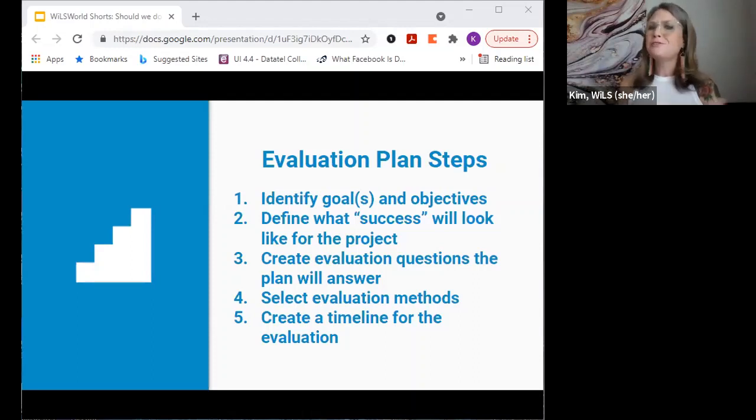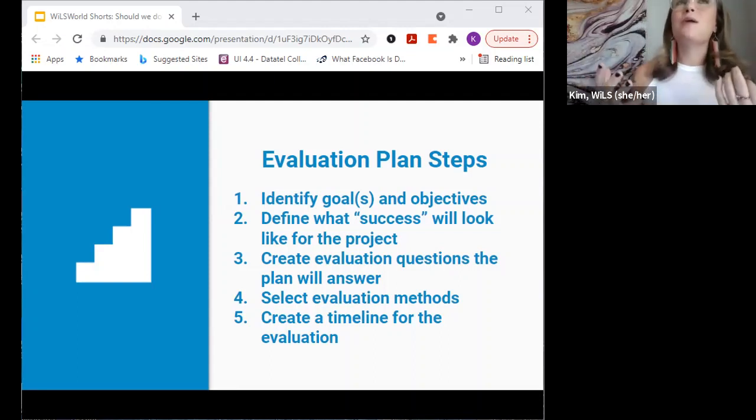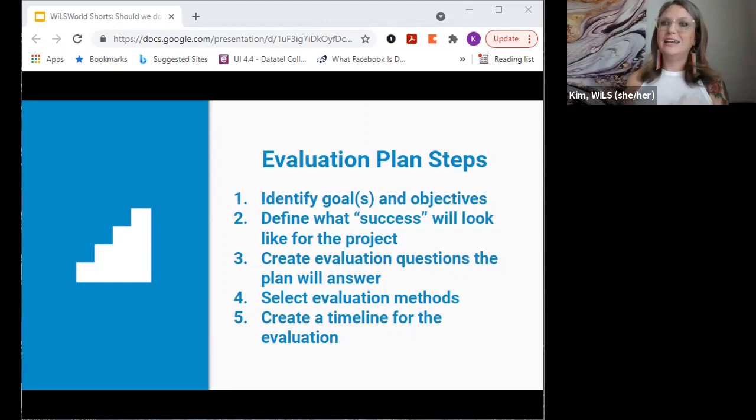So there's many more questions we can ask here, but this is just to give you an idea of the process of what I walk people through when I'm working with them and helping them develop specific measurable goals and objectives, and how important that can be in helping you evaluate what happened. Because if you plan on the front end and you have an idea of how you're going to do this and it feels feasible, there's a lot more confidence involved in implementing it and feeling like you can gather that information.